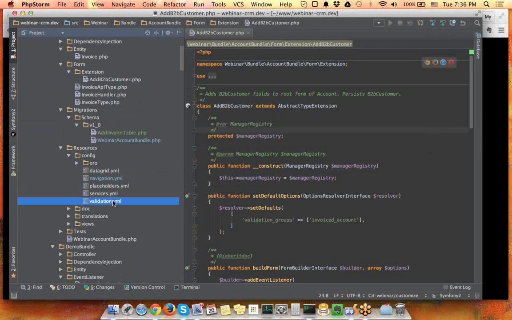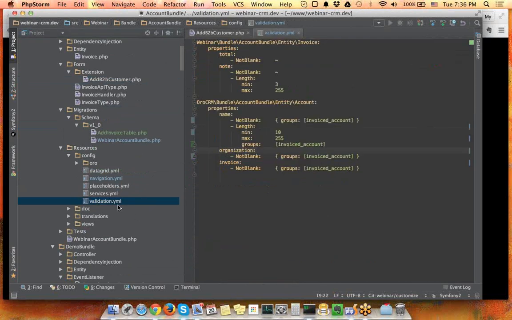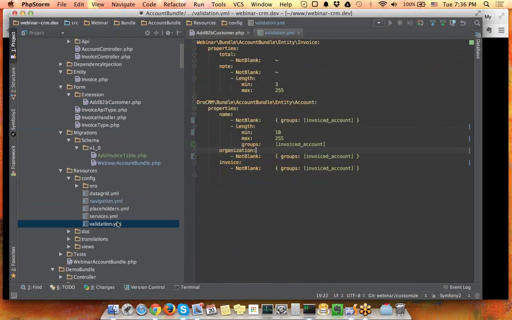In Symfony, validation rules and constraints are described in a validation YAML file in a bundle, in each bundle for one or a few entities. For example, for our custom entity, I defined a few validation rules like total not blank, and another one should also be not blank, and some constraint for length. And here is an interesting thing about overriding OroCRM account validation constraints. If we want just to add validation for